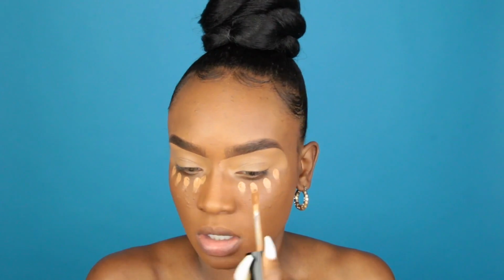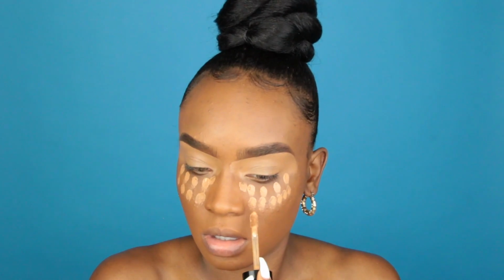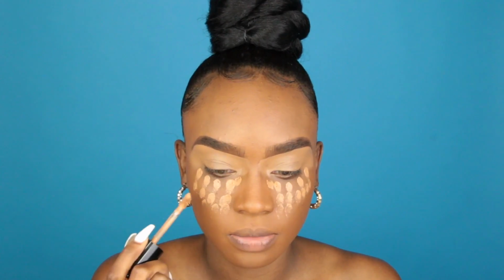What I like to do is kind of just place a couple dots underneath my eyes, because this concealer is so full coverage. I don't even need that much of it at all. Just put it right underneath where my dark circles will be, and then I kind of just create these little dots right here. I just make sure that they're in this general vicinity right here, and then I also add the color Chestnut into the mix,